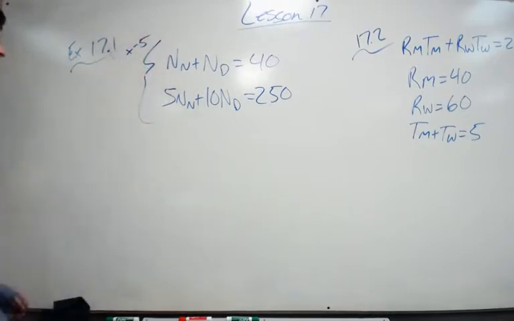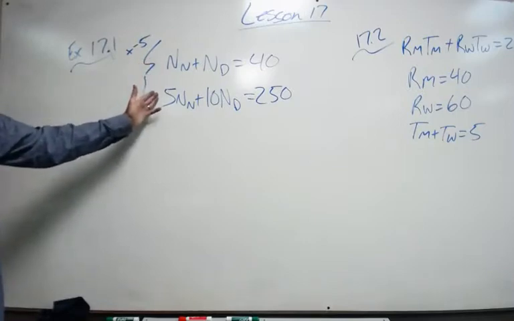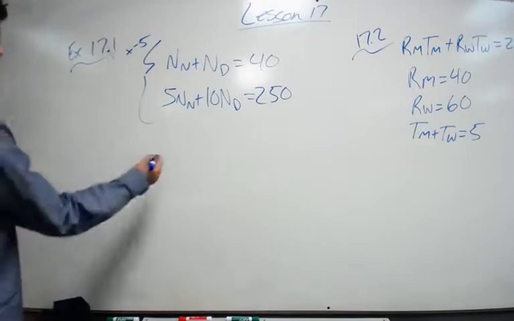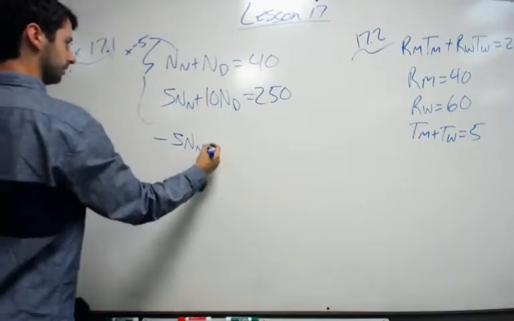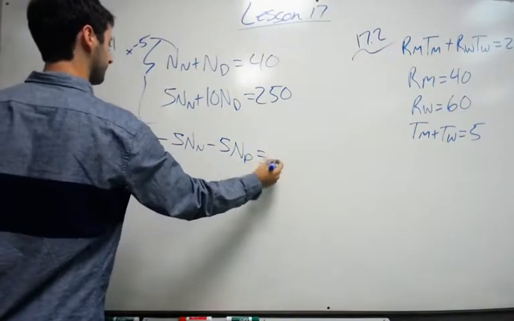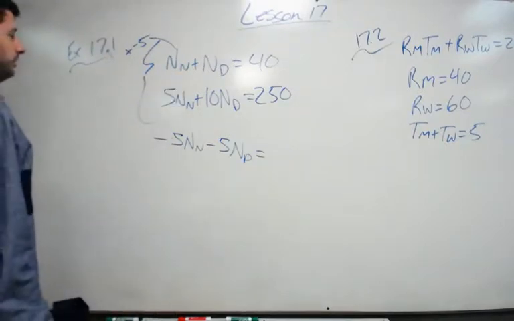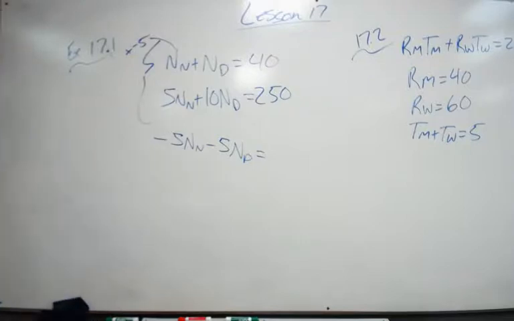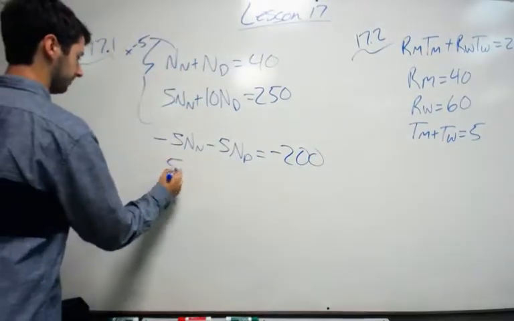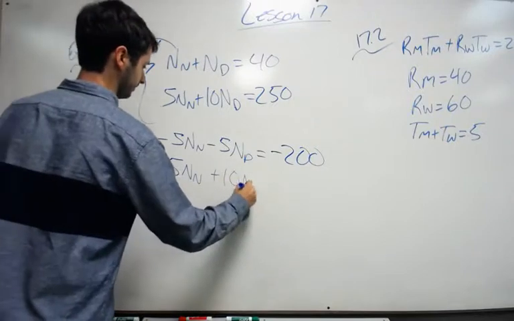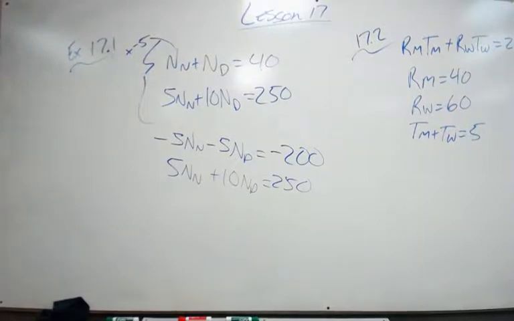If you remember in elimination, we have to get one of the top ones opposite with one of the bottom ones. When I multiply by -5, this is going to become -5 number of nickels minus 5 number of dimes equals whatever that is. 5 times 40, drawing a blank, 5 times 4 is 20, 200, yeah. 200, and then write the bottom. So now we are there,